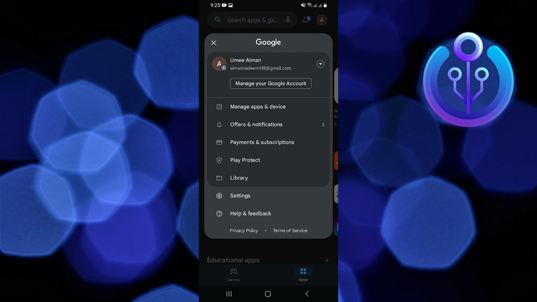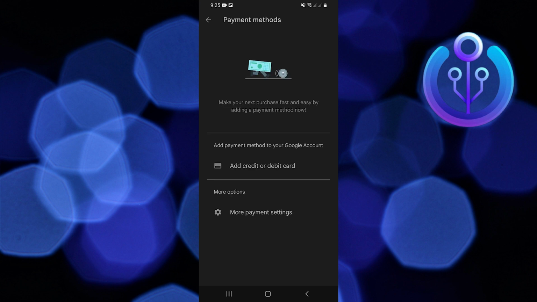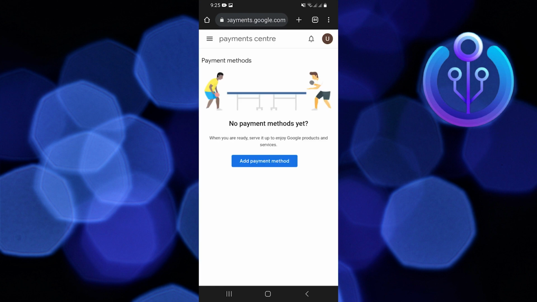Then click on Payment and Subscriptions. From Payment and Subscriptions, tap on Payment Methods. Then tap on More Payment Settings from Payment Methods. Now from Google Payment Method, click on Menu from the top right corner